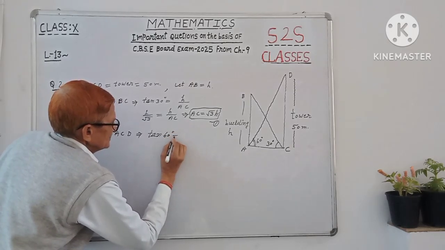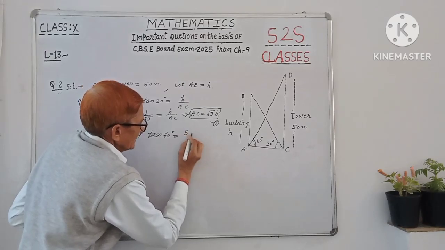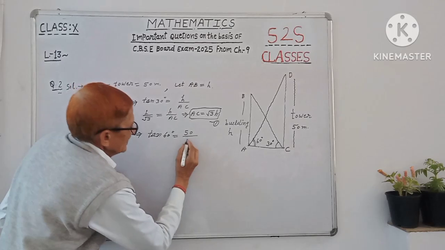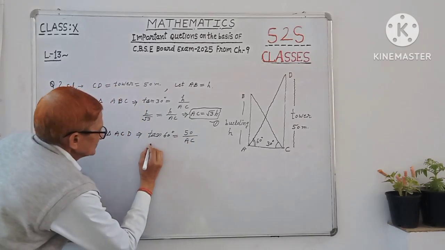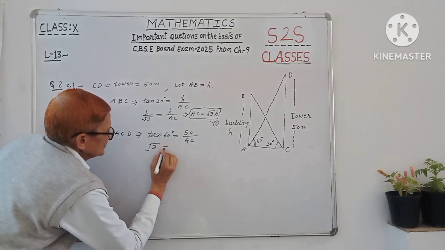So tan 60 is equal to opposite side CD, that is the 50 meter high tower, upon AC, the adjacent side. Tan 60 value root 3 is equal to